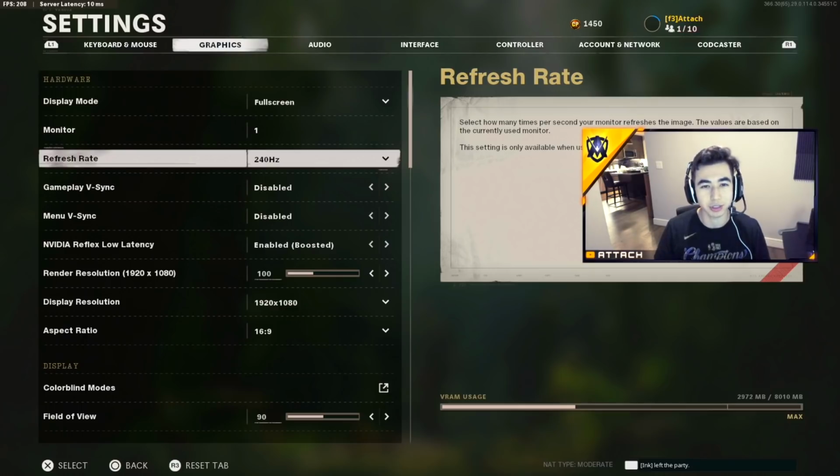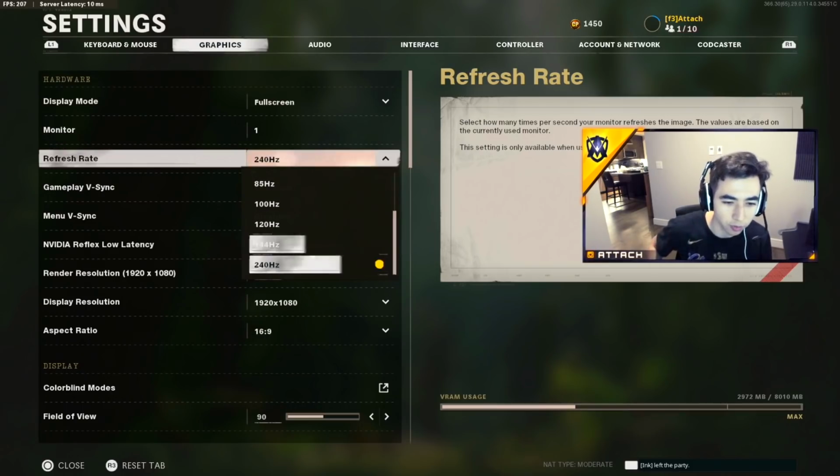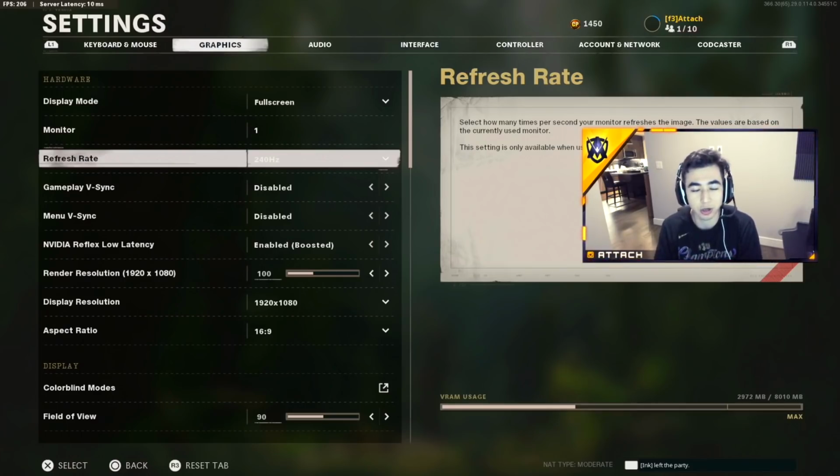A lot of players, when we made the switch to PC from console, forgot to set all that up in their computer, so they were playing on like 144 or 120 hertz, and that's a huge difference compared to 240. You want to make sure you're giving yourself the best chance, the best frames,